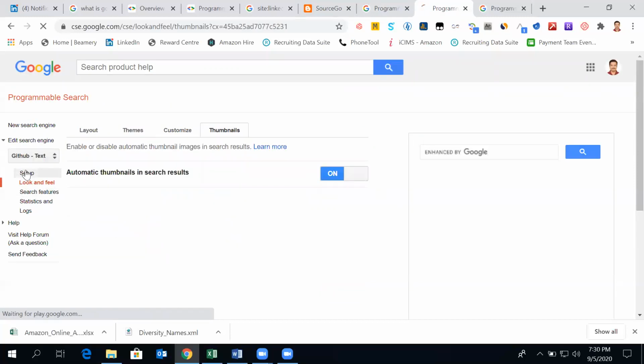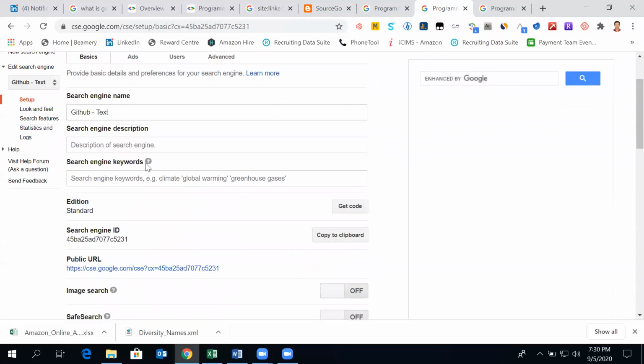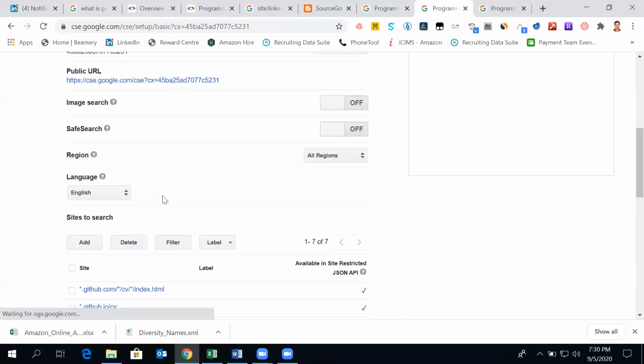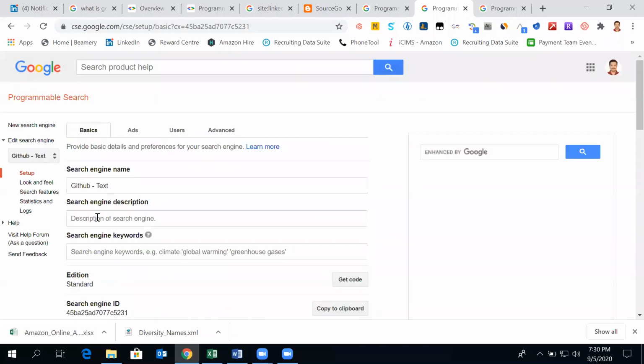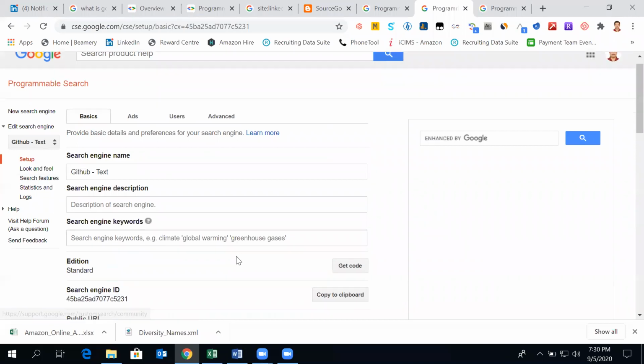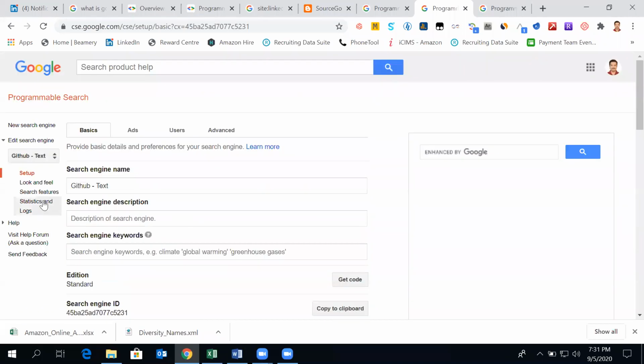But the main feature while creating a Google custom search engine is about targeting a particular site, naming it, then identifying the various URLs which could give us the right results. Once we identify the right set of URLs to get the right set of results, we go with the search features.